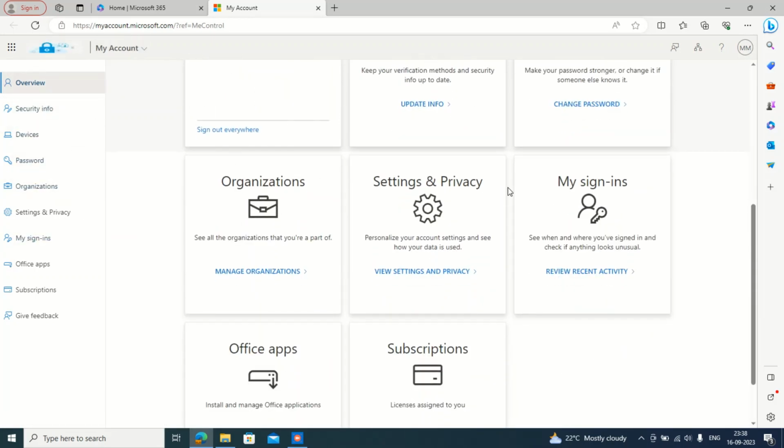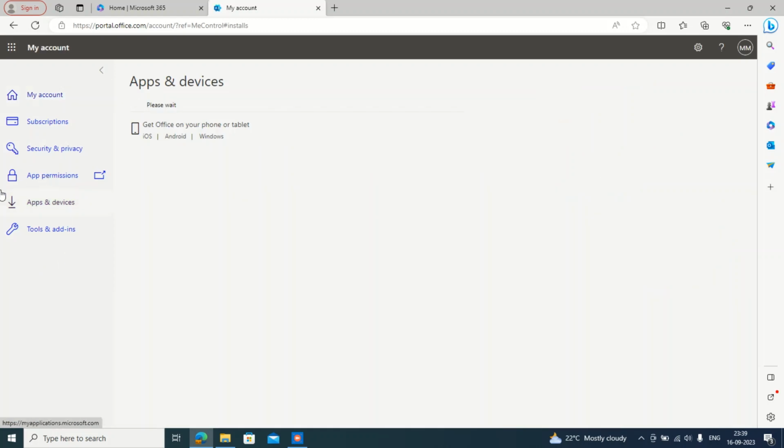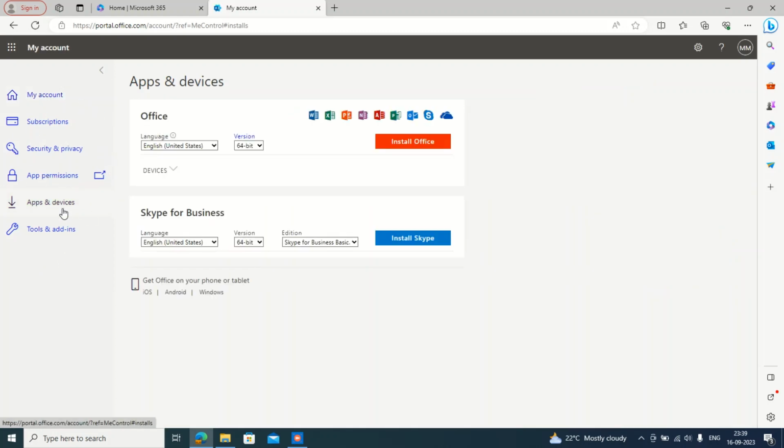in your Office 365 account. In the left side pane you can see the various options available here, but for now we are going to focus on how to install Office 365 apps. So we have to go to Office apps. If you have the proper license, only then will this option be available. And if you go to Office apps, you'll have an option to download and